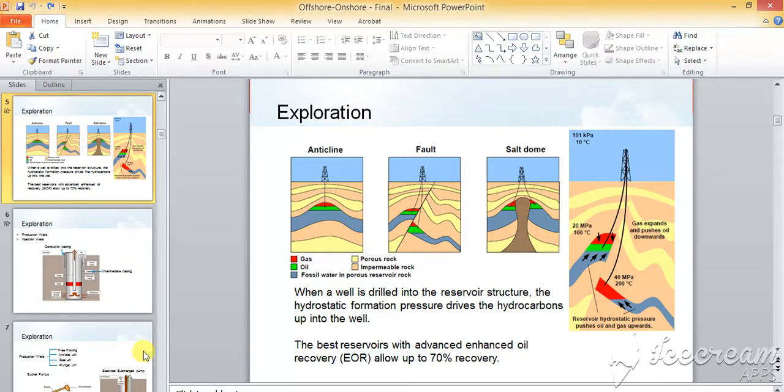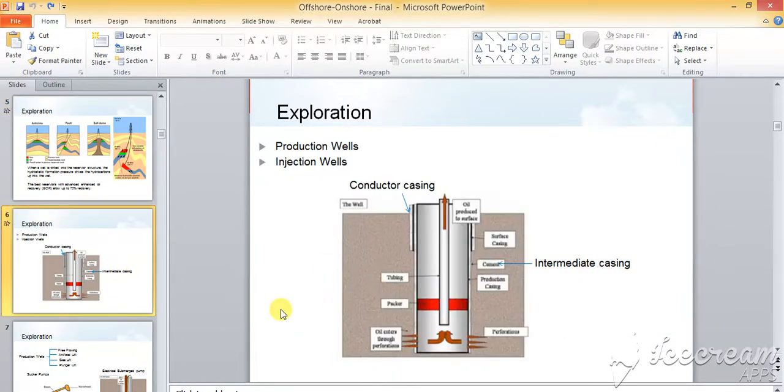Now in the next slide, there are two types of wells that we can classify in the oil and gas sector. One is the production well, the second one is the injection well. If you see in this picture, we have the conductor casing, that is this one. This is the tubing that we are having over here. Packer is available in